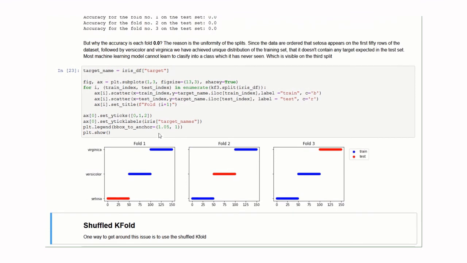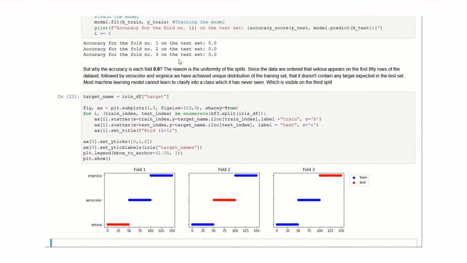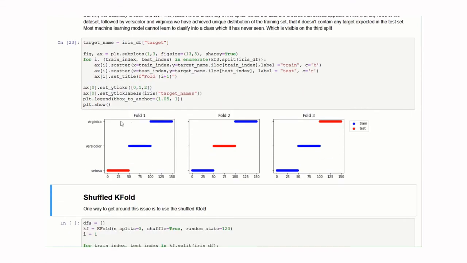See, here we are not shuffling the data. Here we are splitting the data uniformly. Since the data are ordered so that the Setosa appears in the first 50 rows of the dataset, followed by versicolor and virginica. Here you can observe the blue color represents the training dataset and the red color represents the testing dataset.